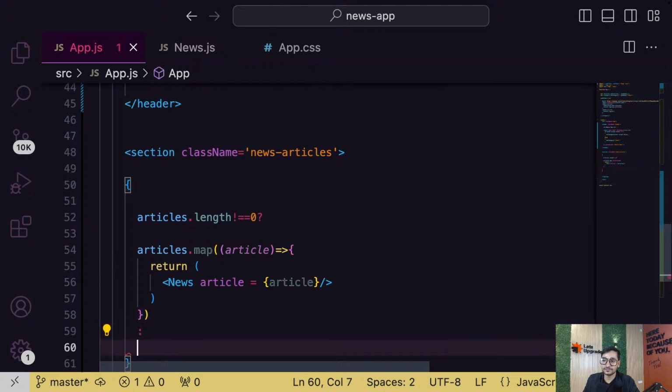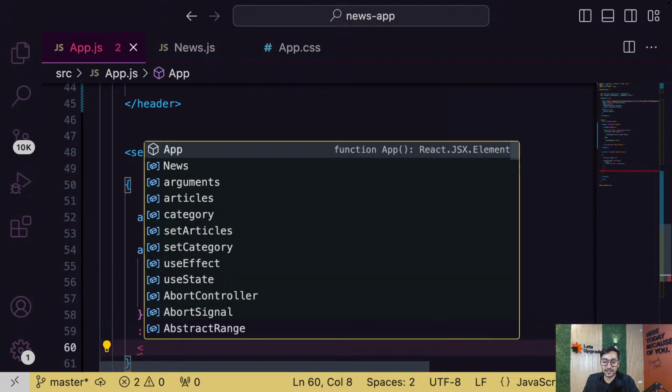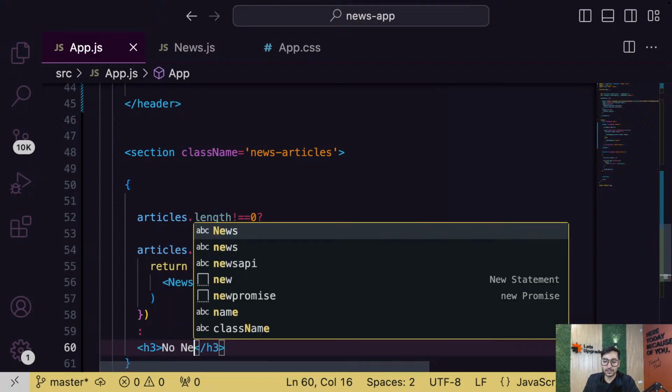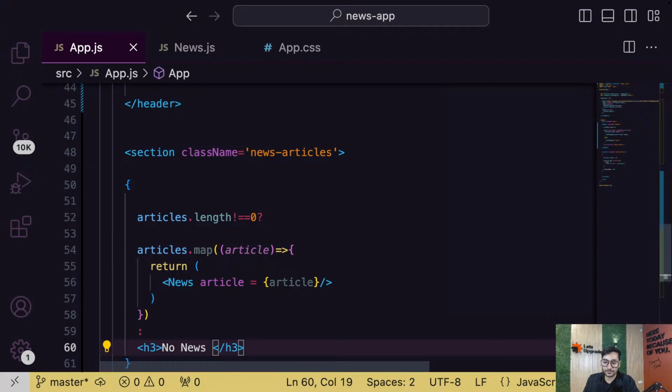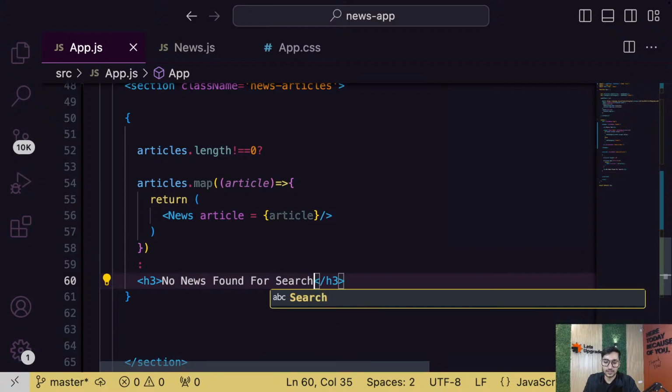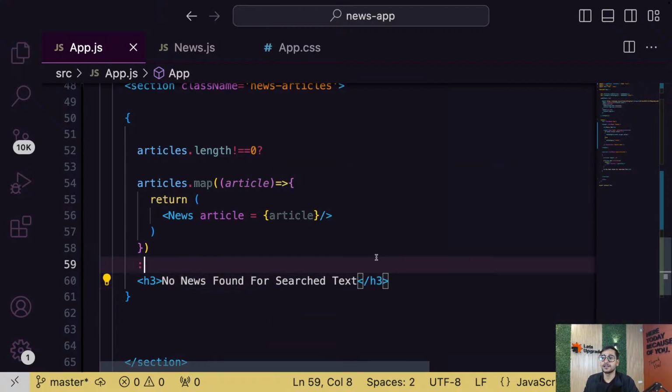Otherwise, you'll simply display an H3 in which you'll write no news found for searched text. That's it.